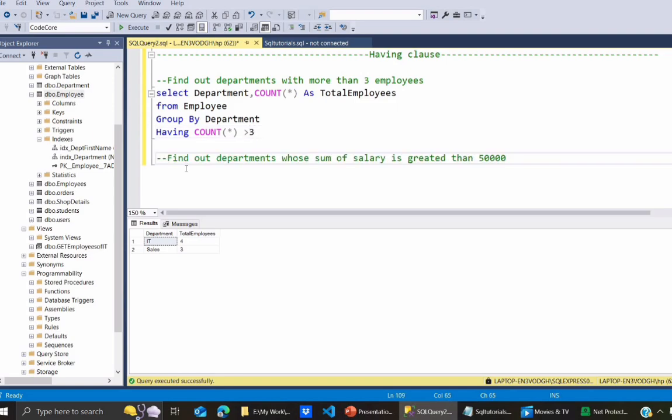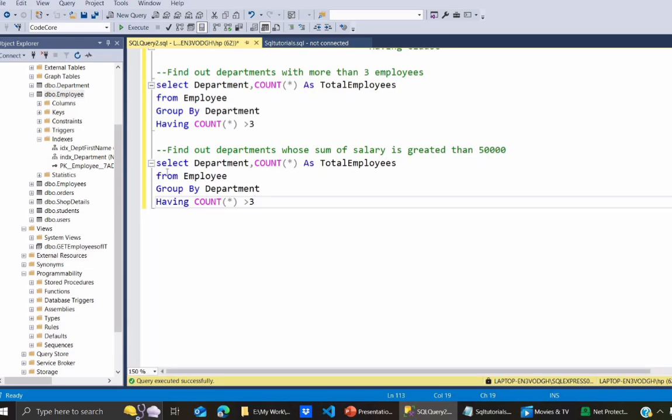Another example: we have one question here. We'll find out departments whose sum of salary is greater than 50,000. So we'll copy this query and make changes in this query itself. Here we want to find the sum, so we can use the sum aggregate function. We'll pass salary. First we will sum the salaries of employees of each department, department wise, and then we will add a condition on the sum of salary which is greater than